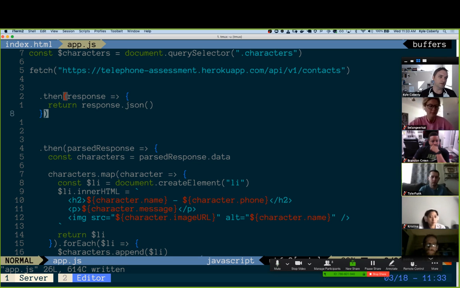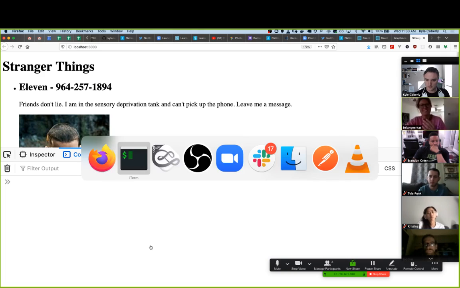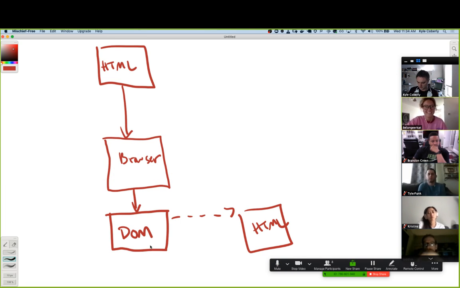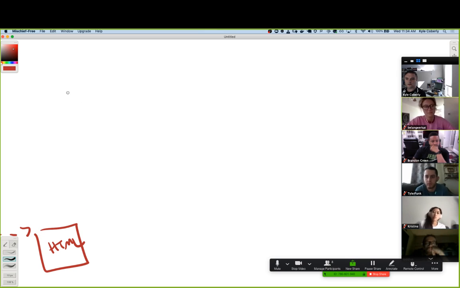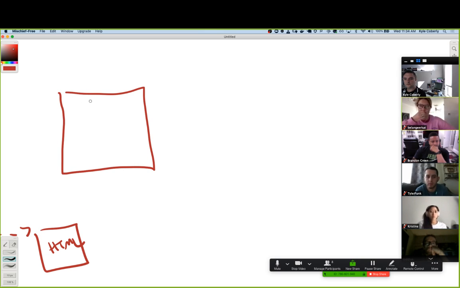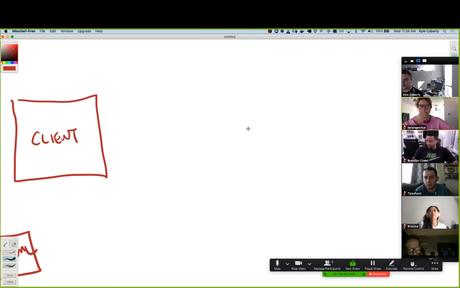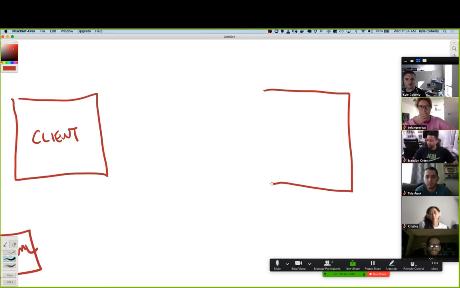Give me a question. I love questions. Somewhere in our response, does that hold all the objects somewhere? When we look at it in the console, it looks like a bunch of different objects. Sure, so let's sketch this out. My client, which in this case is the browser. When I say client here, I'm referring to the browser. Here's the API. I make the fetch request,